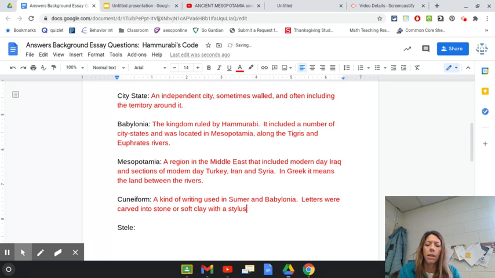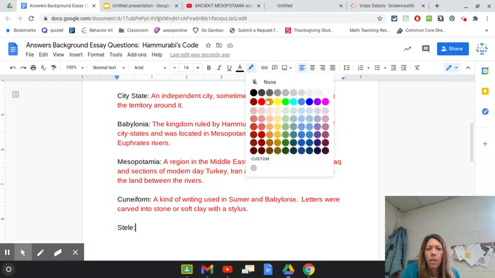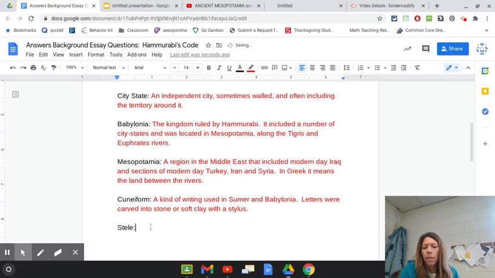I think you guys know what a stylus is. It kind of looks like a chopstick. I was going to give that example, but I think you guys have got that. It's got an angle on one side so they can make the wedges just perfectly. And then finally a stele